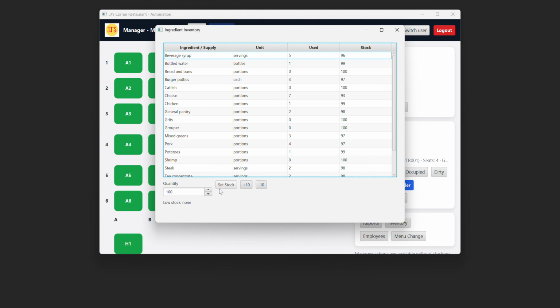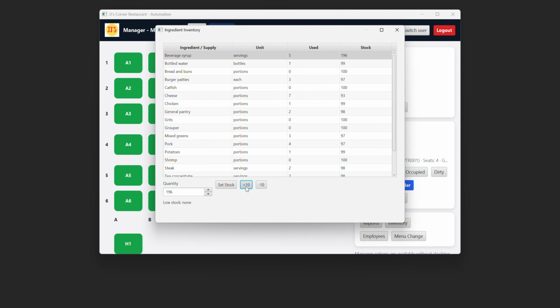We have the option to set how many items are in the stock directly, but we need to select an ingredient, otherwise we get that error pop up. We will hit set stock. It pulls from this quantity dialog here, so we'll say we have 196. Set stock, and you'll see that the stock field automatically changes. We can't edit how many items have been used from this menu,